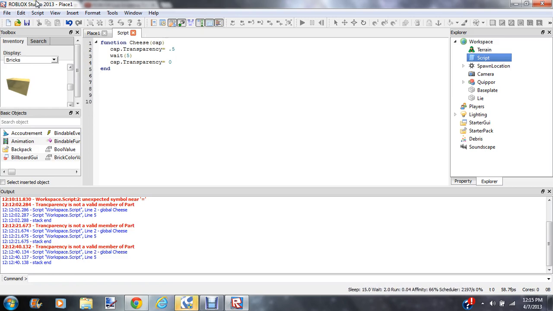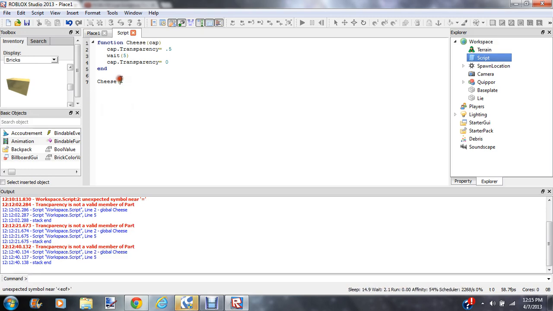Scripting is, you can do anything basically if you know how to do it. So, cheese,